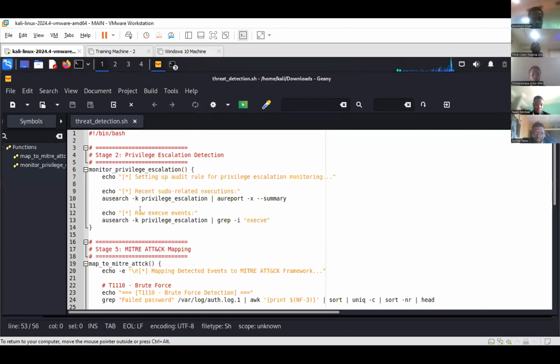So here is our stage 2. You can see that it says setting up audit rule for privilege escalation monitoring. Then it says echo recent sudo related executions. Then right here, it searches the audits using the key privilege_escalation. Then it uses this to save it into aureport and it summarizes it. So we're going to run this really quickly. While this gives us the raw EXECVE events. So this searches again for any key that has privilege escalation in the audit.log. Then this now grabs EXECVE to show us the raw